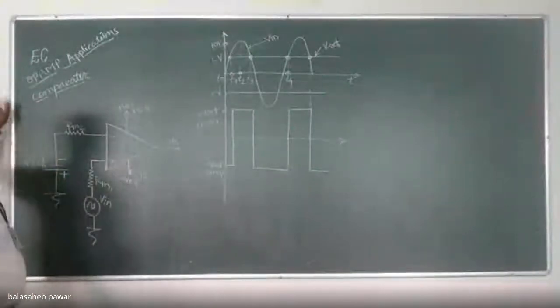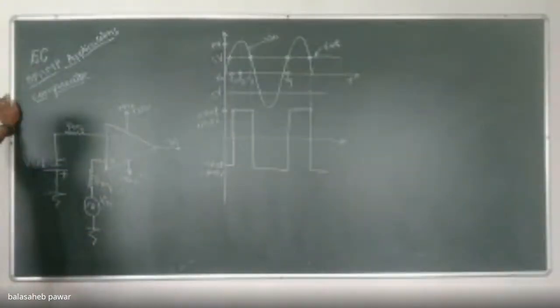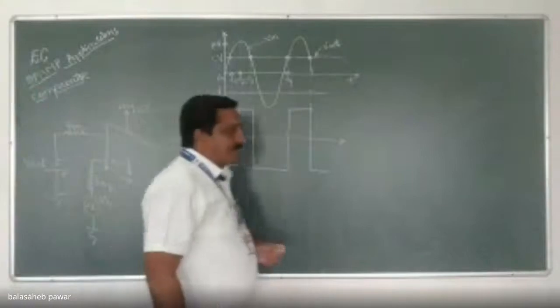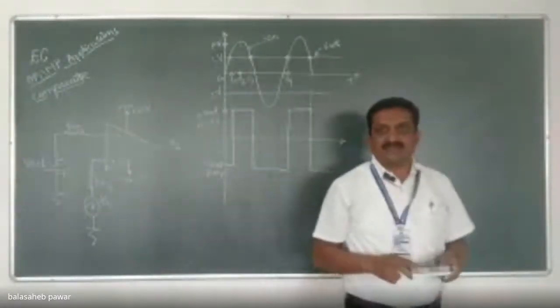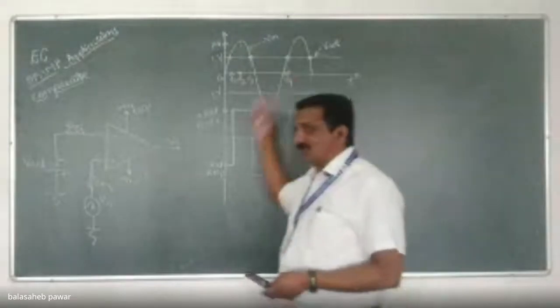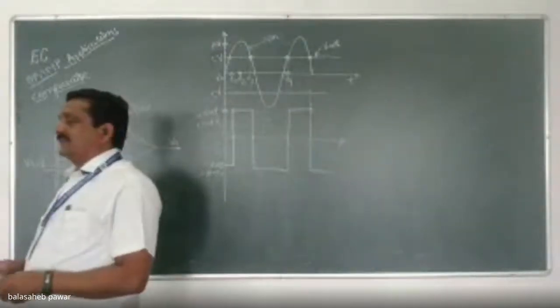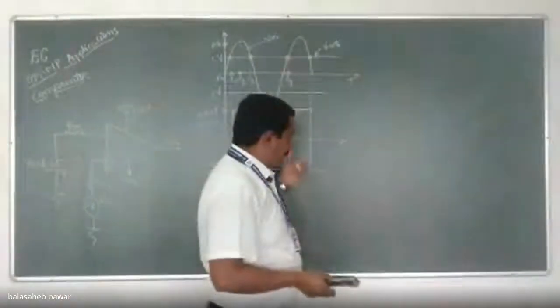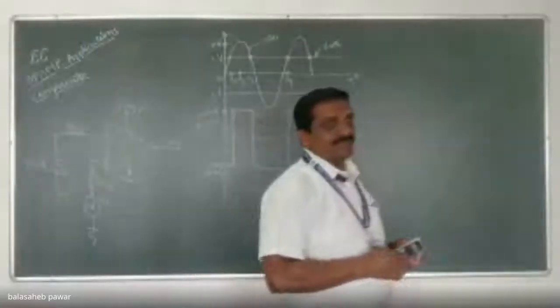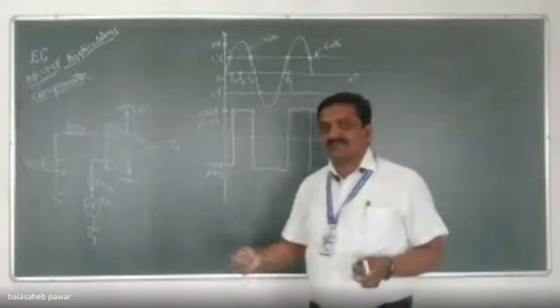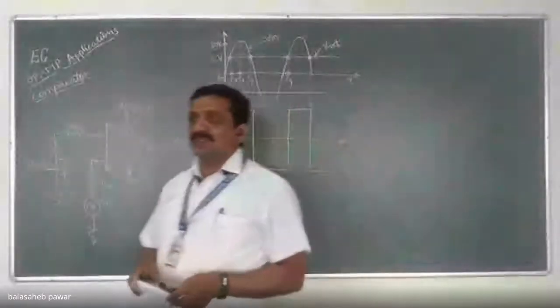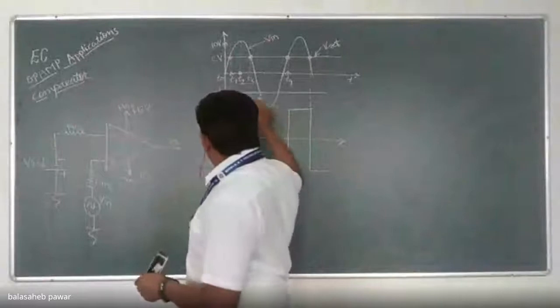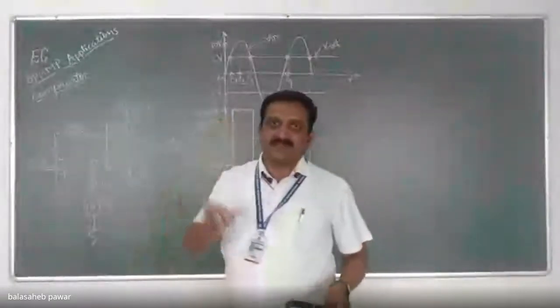Again, by the same logic, the pattern of output will change. See, in the previous one, as shown over here, the output remains at plus Vsat for a small time duration because that reference voltage was positive, right? So if we reverse the polarity of that reference voltage, positive to negative, you try from your side by yourself what nature of output you will obtain. Okay. So the nature of the obtained output will be positive saturation for a large time duration and negative saturation for a small time duration.